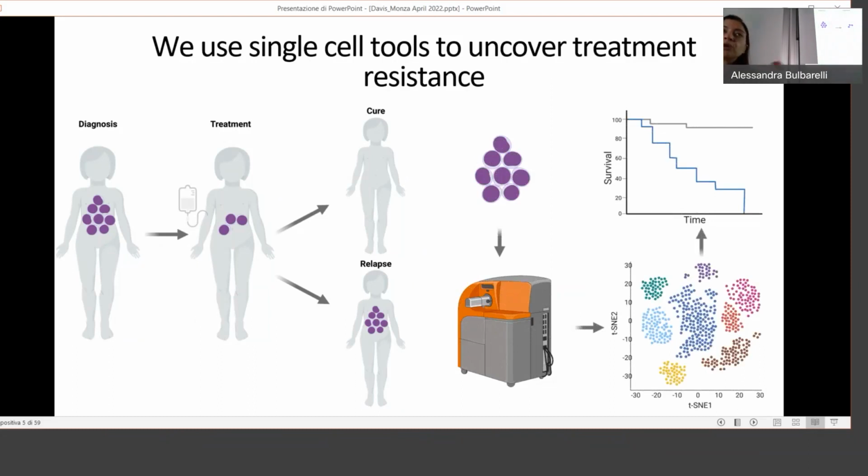And the workhorse of our work has been mass cytometry, or CyTOF, which is really a single cell technology that's been around for quite a while. But it's essentially flow cytometry that is coupled with mass spec so that you can measure dozens of proteins on individual cells, pretty easily, and compared to single cell genomics, a lot more economically.